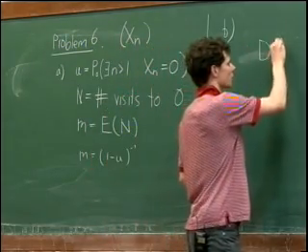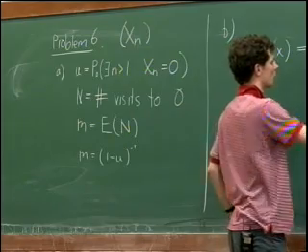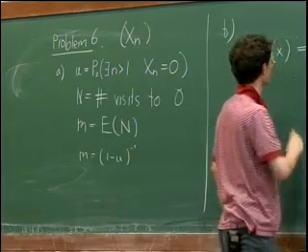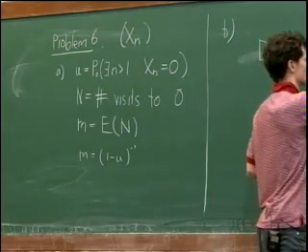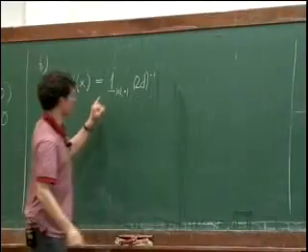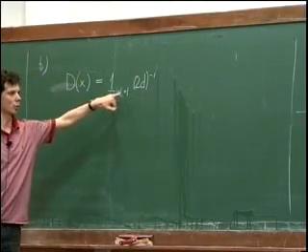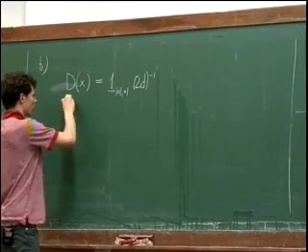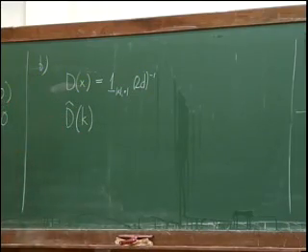So for the nearest neighbor model, d of x is equal to (2d)^{-1} times the indicator function that the one norm of x is equal to 1. And we will denote the Fourier transform by d hat of k, which is